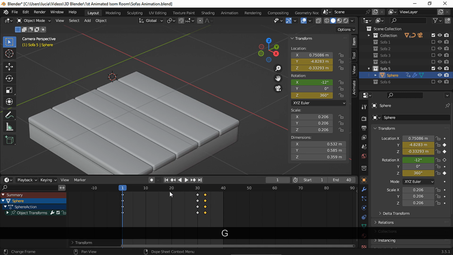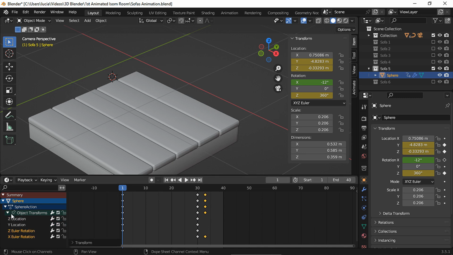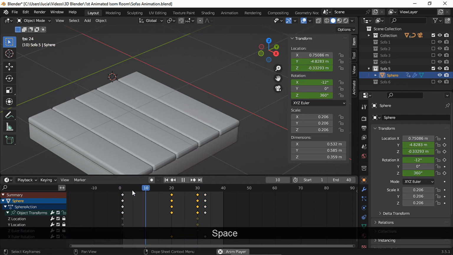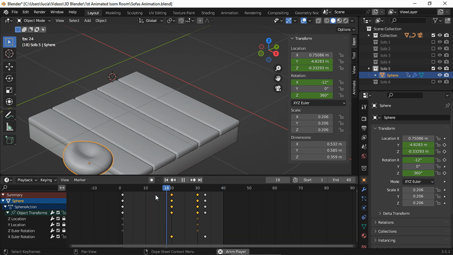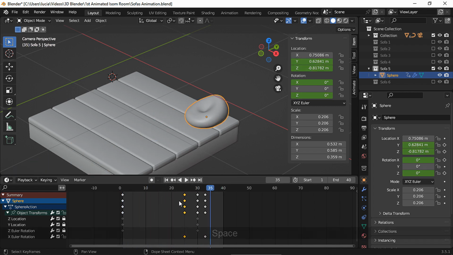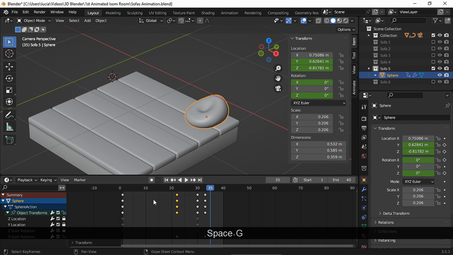Let's move this keyframe and lock all the channels but the X-axis channel. Move this rotation keyframe we had in frame 30, and now the motion is way more subtle than it was before, but I think it's too subtle though, so let's move the keyframes a bit closer to the other rotation keyframe, and now it is a bit more noticeable. Let's try a different placement, and I like this one better.